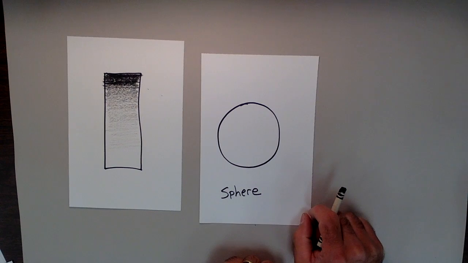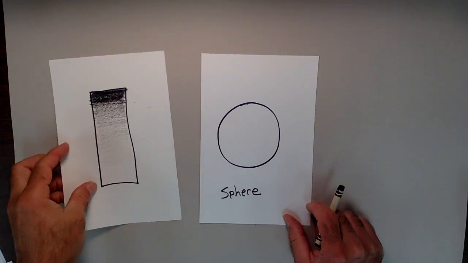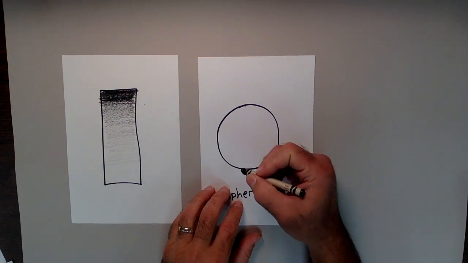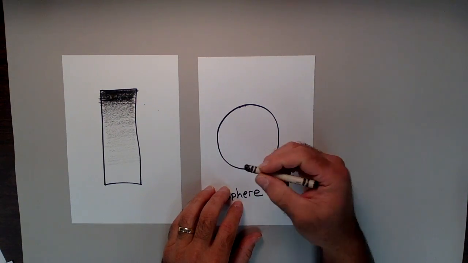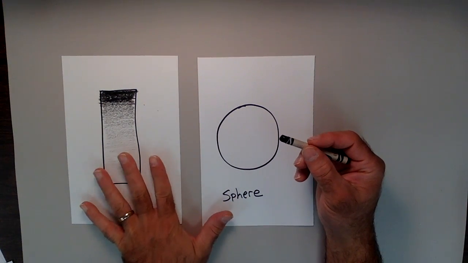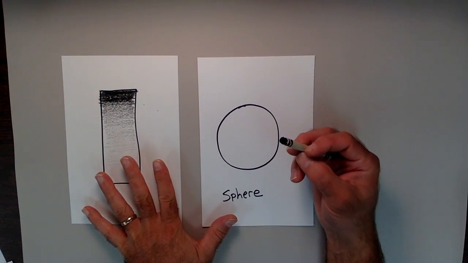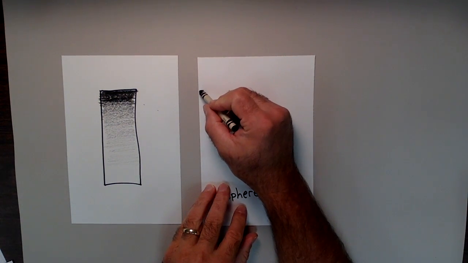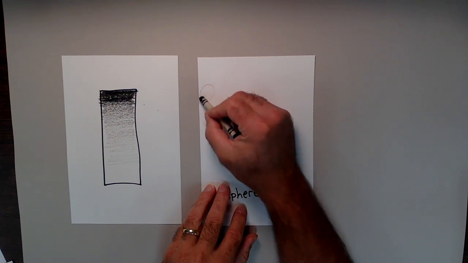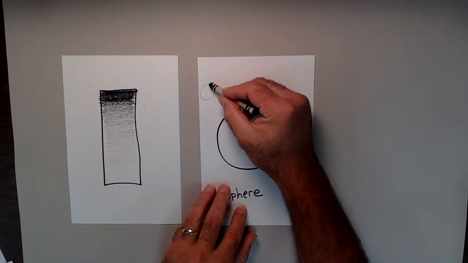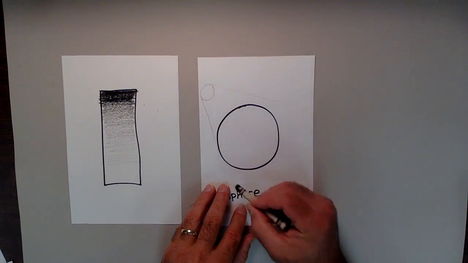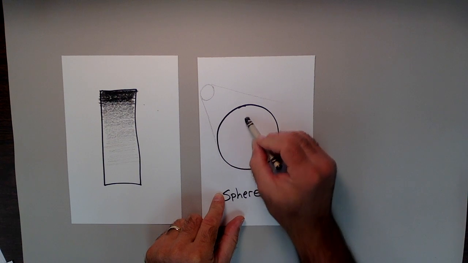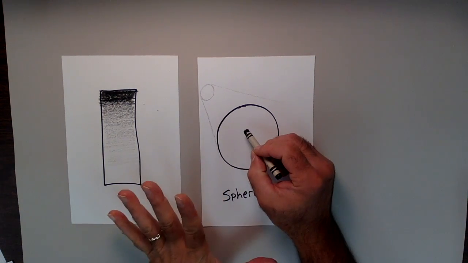to our sphere. So what I'm going to do is say, let's pretend. Now again, you can use a pencil for this. You just have to press hard on your pencil and lighten up with your pencil. But I think it records better if I'm doing a video. I think it looks a little bit better if you're doing a black crayon. But what I'm going to do is let's pretend that the light, this is a lamp, and it is shining light on this sphere. So this area is going to be the part that's going to be the lightest on